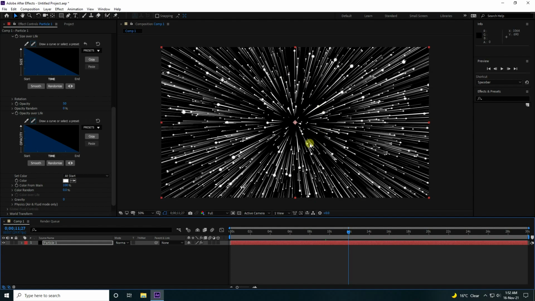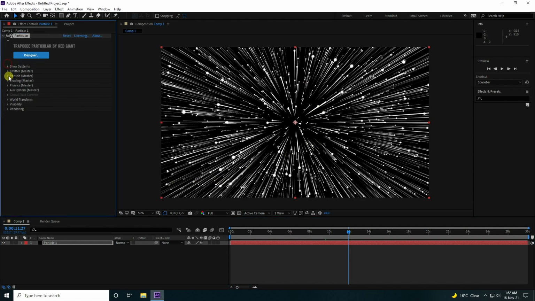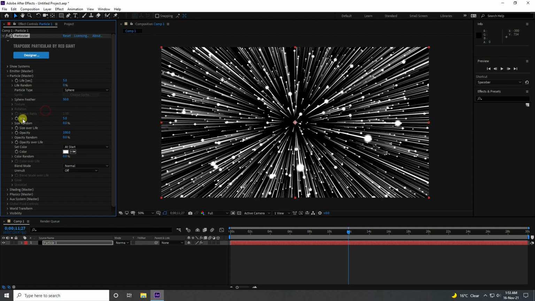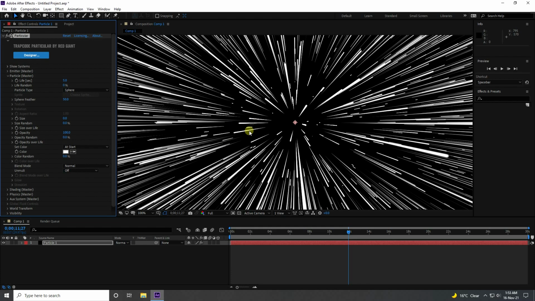That's my simple effect. So next one I go to particles. So go here to Particle, and see that's my life. I take like 5, which is good. So guys, go to Size and set size to 0. See guys, that's my size and I take 0. Yeah, it's good, it's beautiful, right?